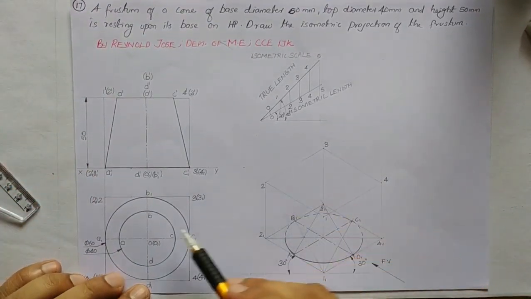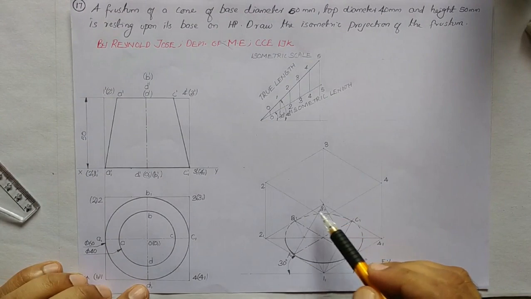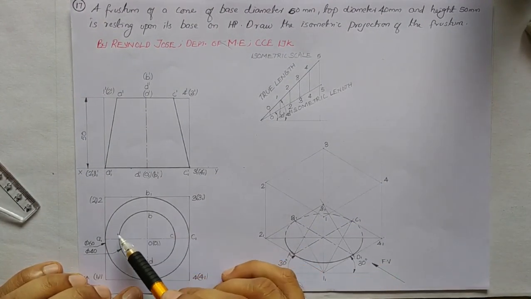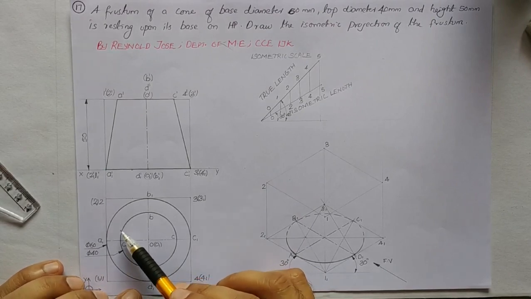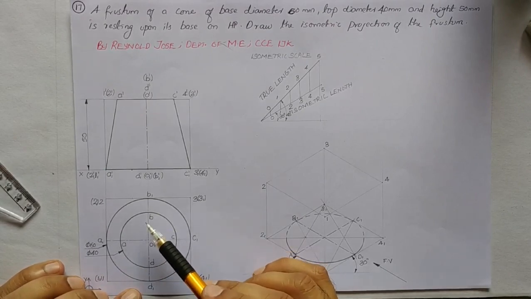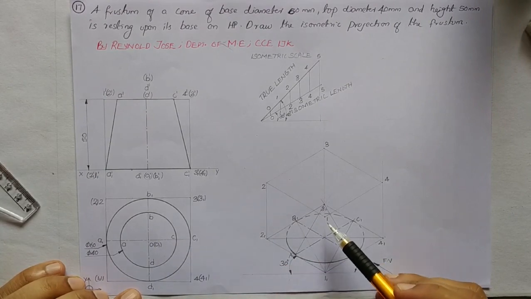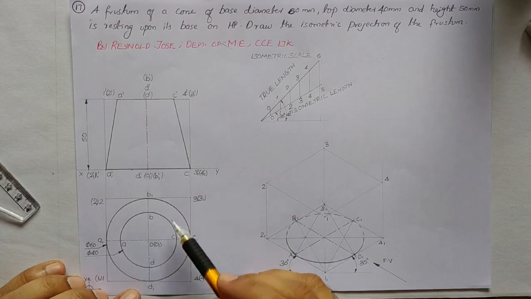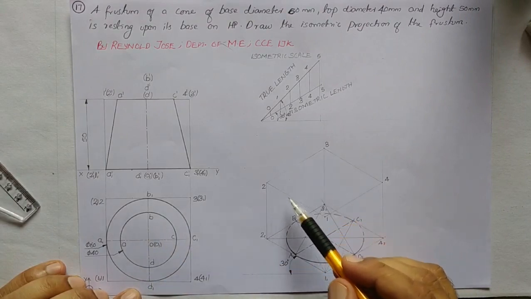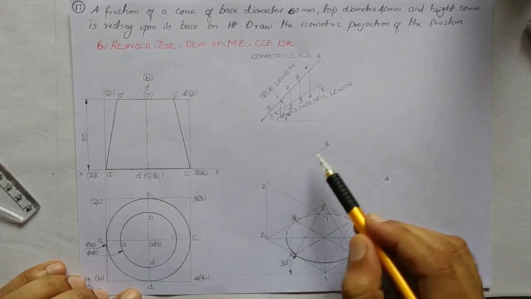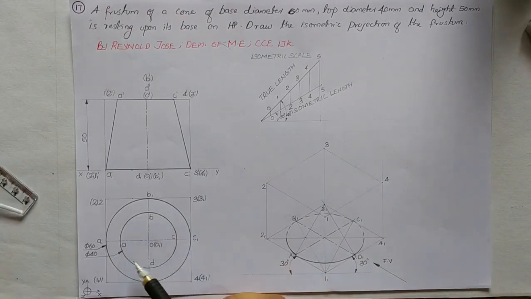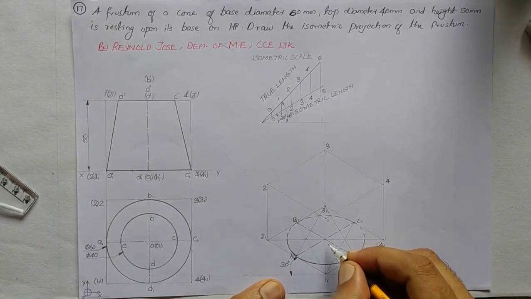Now we have to draw the smaller circle along the top face, which is 1, 2, 3, 4. This is a smaller circle. What we have to do now is enclose this circle in another small square. Here we are having a big square, which is 1, 2, 3, 4. As this is a small circle, we cannot apply the 4 center method directly onto this 1, 2, 3, 4. So what we are going to do now is enclose the smaller circle ABCD in a smaller square. This point is O1.